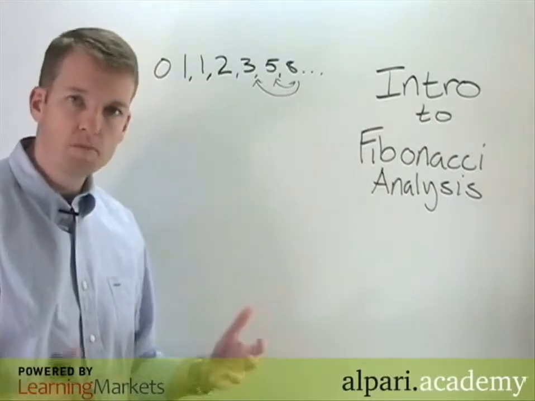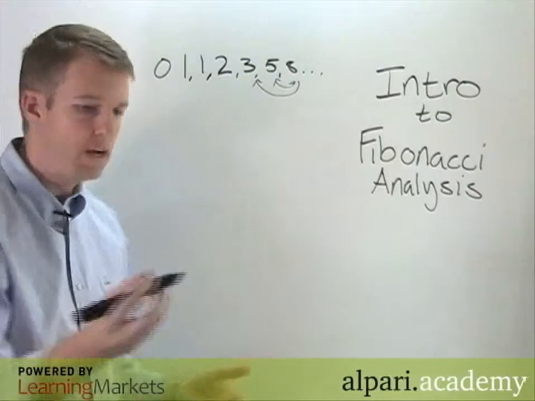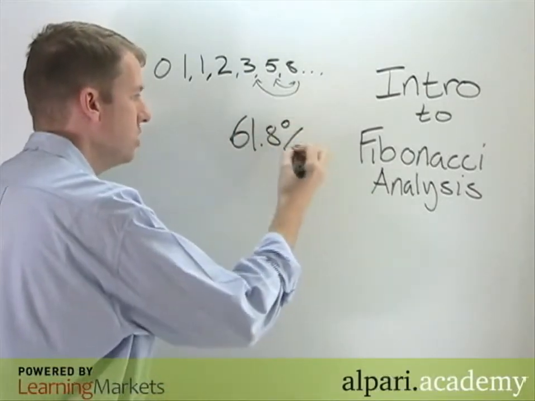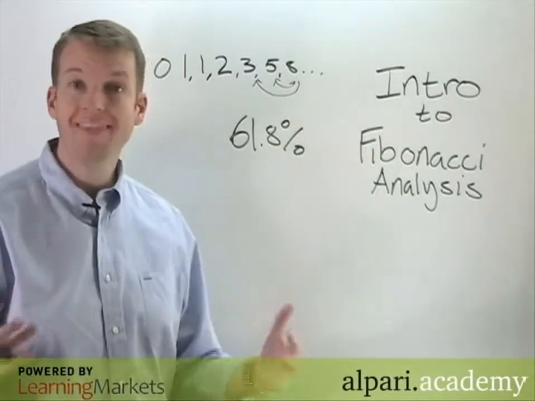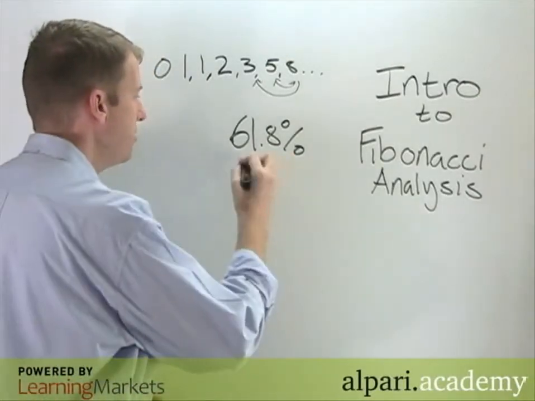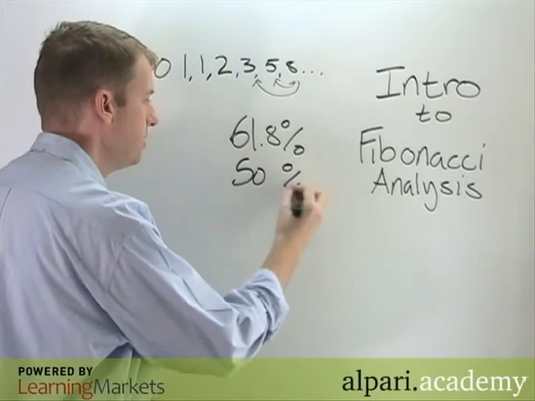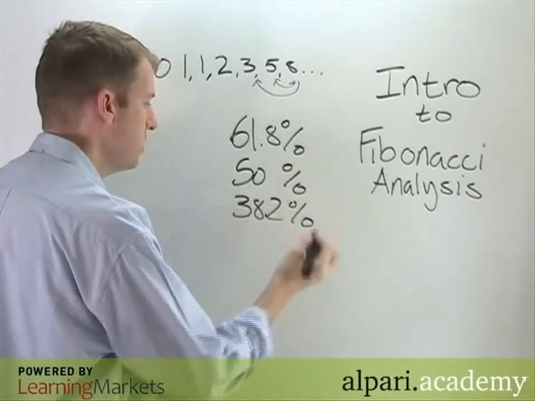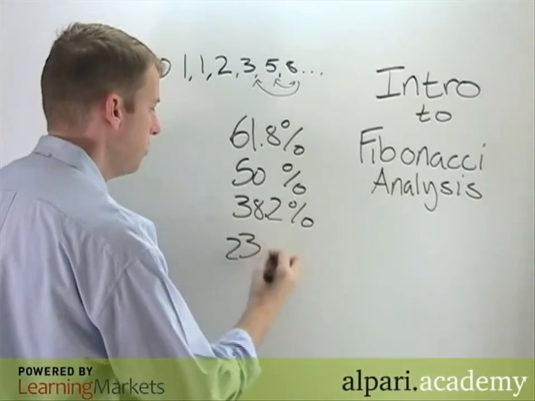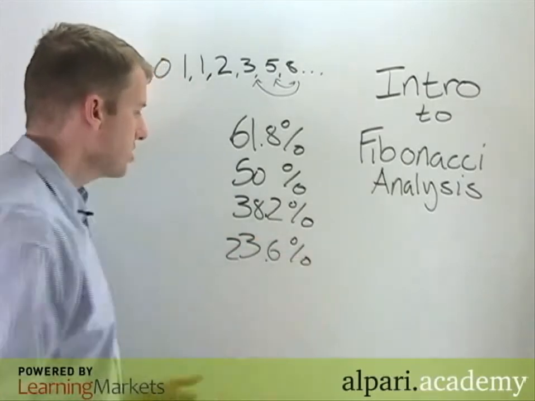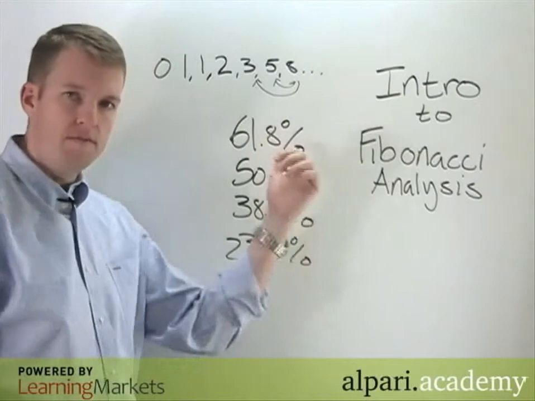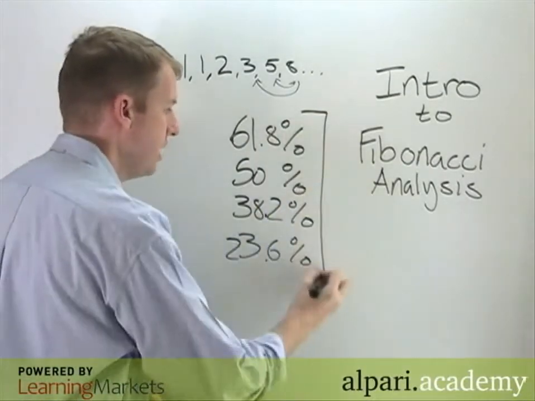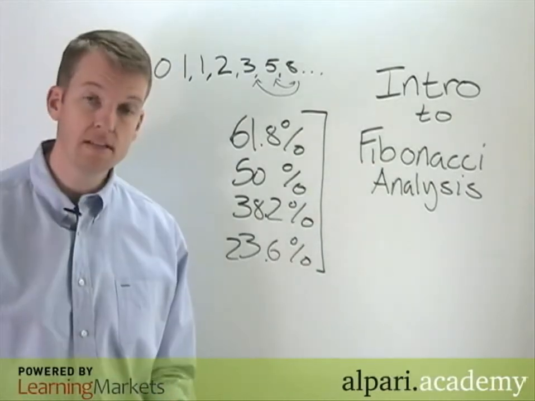The most popular, most frequently used Fibonacci ratios are the 61.8% ratio, and I'm going to be explaining what these are in a minute, the 50% Fibonacci ratio, the 38.2% Fibonacci ratio, and the 23.6% Fibonacci ratio. These are the retracement ratios that we're using to identify entry opportunities, support and resistance, and we'll